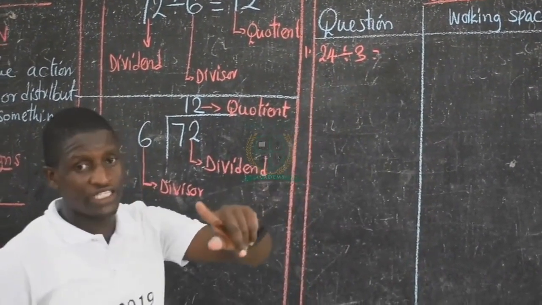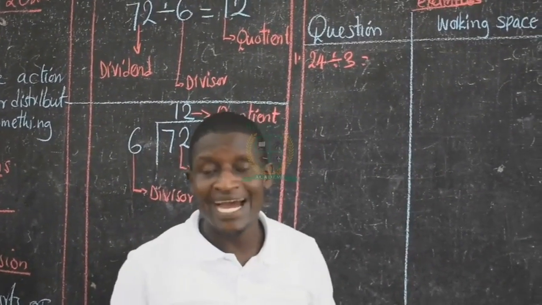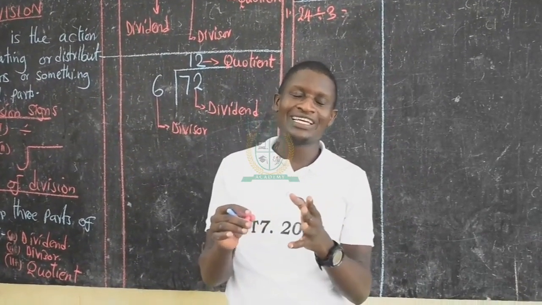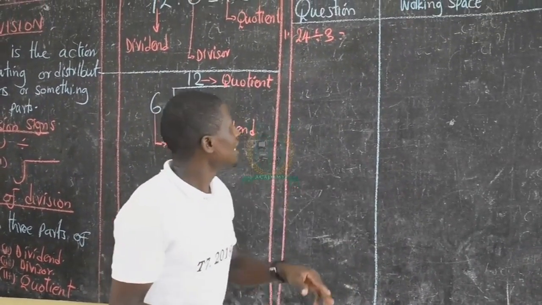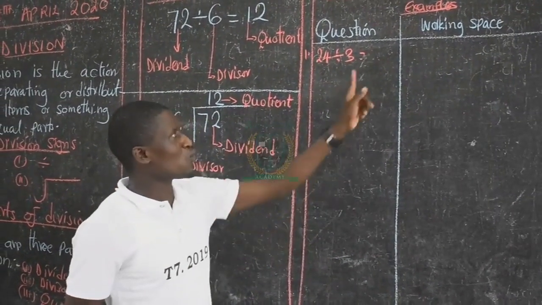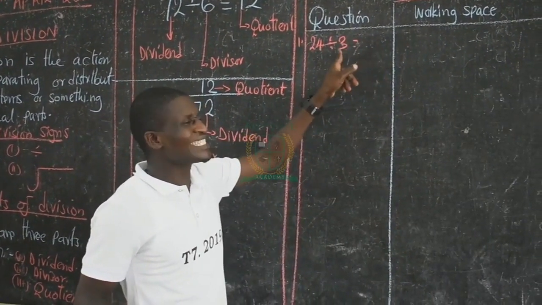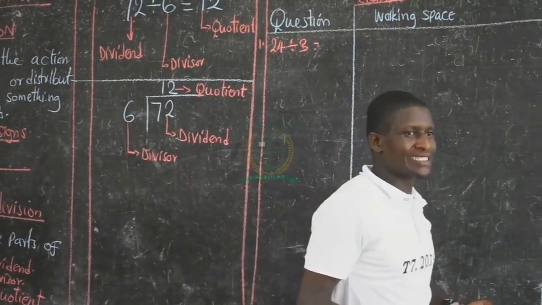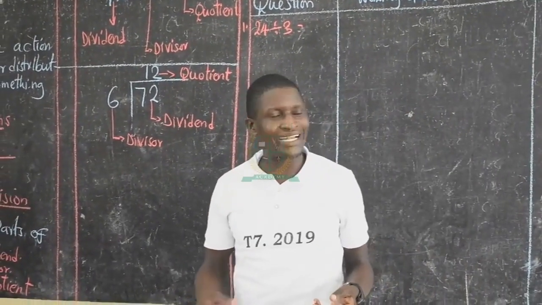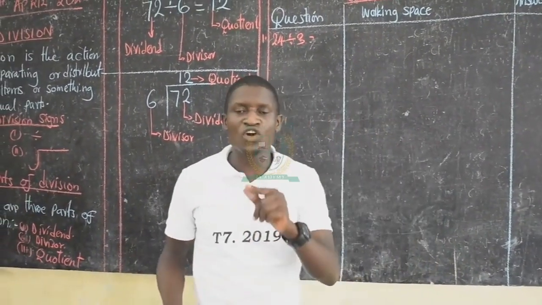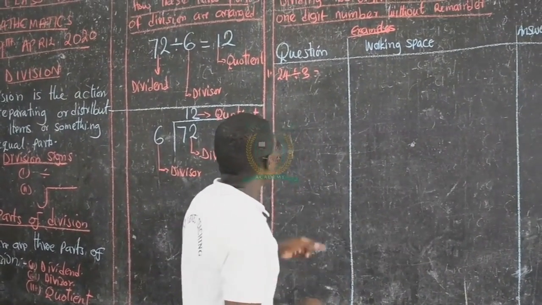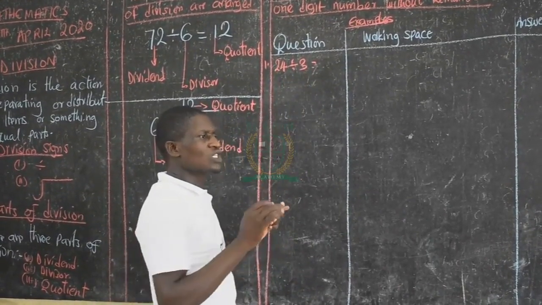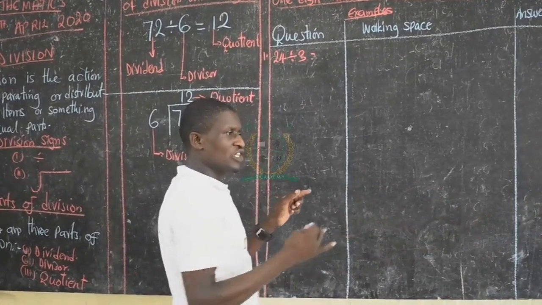So in this case we are given 24 as the dividend and 3 as the divisor. So how is this divisor going to work with the dividend? In this connection, for you to get the quotient, you must know table 3, whereby you say 3 times 0 is 0, 3 times 1 is 3. But now, there's another way of doing this. Look now. We first want to draw table 3. And when we do table 3, make sure that your table starts from 0 up to 9.